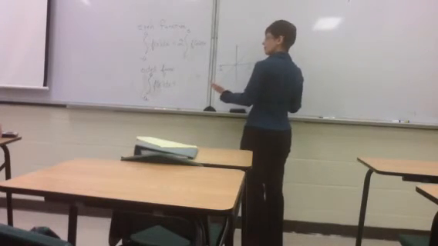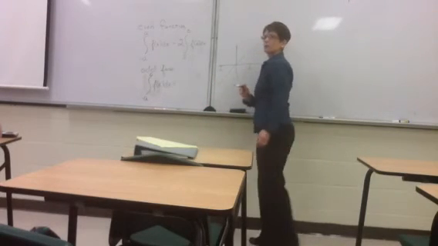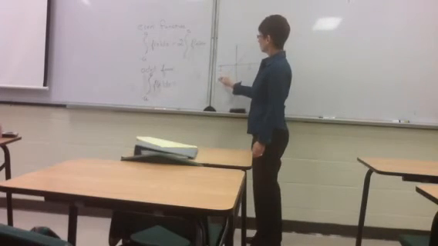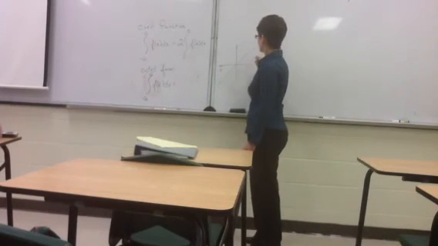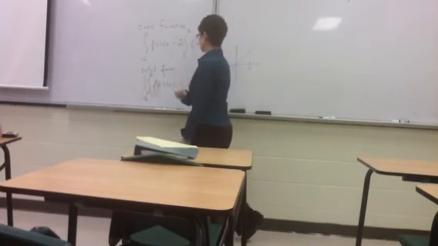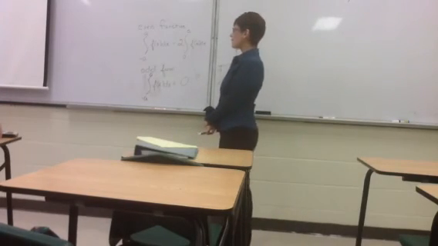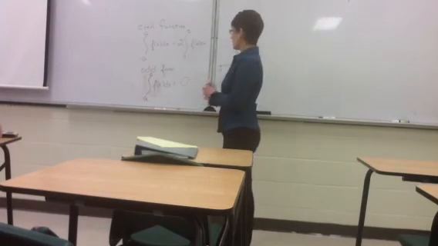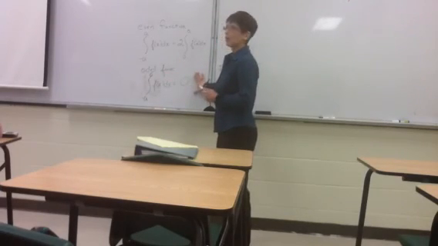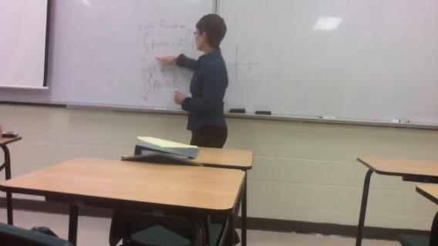Think about when we first started looking at this and we used geometric shapes. It's zero. They cancel each other. So if you have an odd function and it's going from negative a to a, the integral is 0. But it has to be opposites here. In order for this to work, you